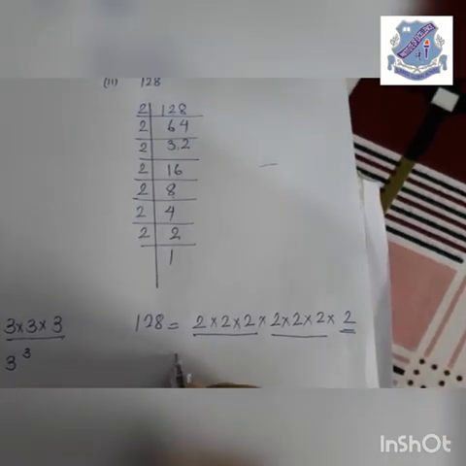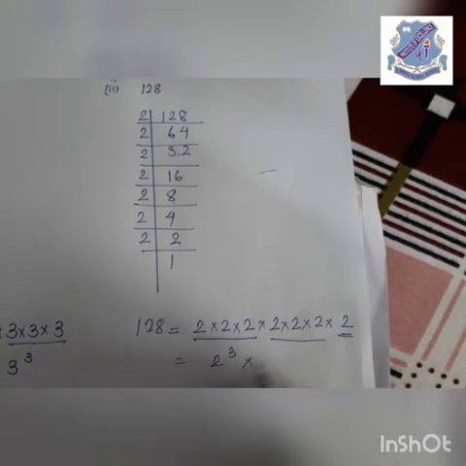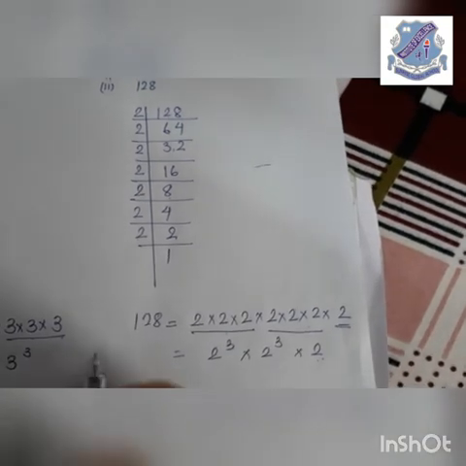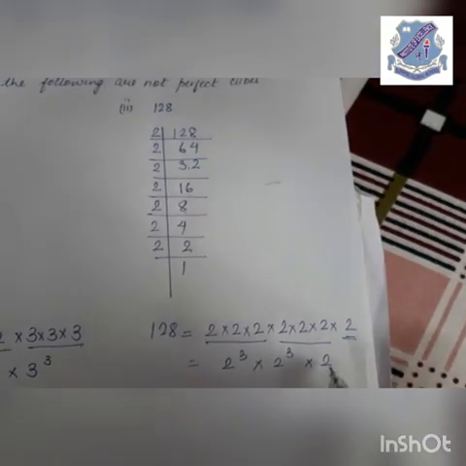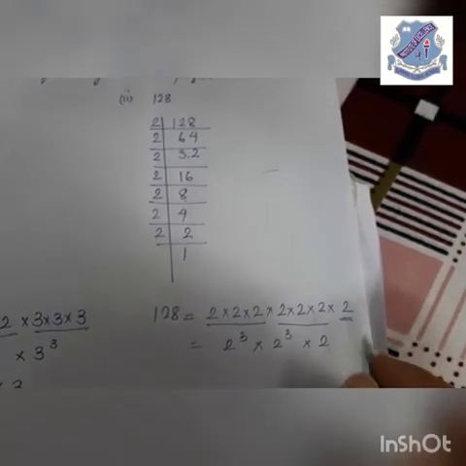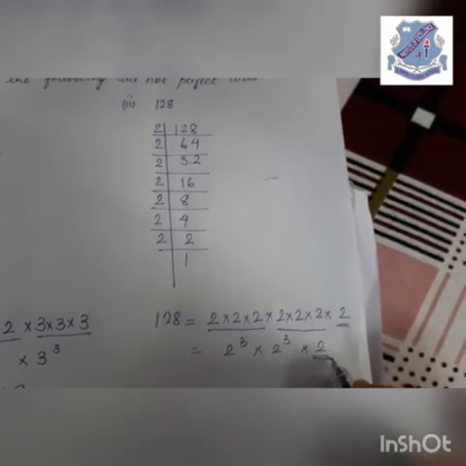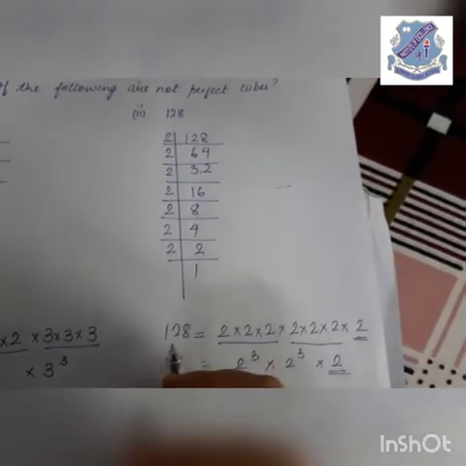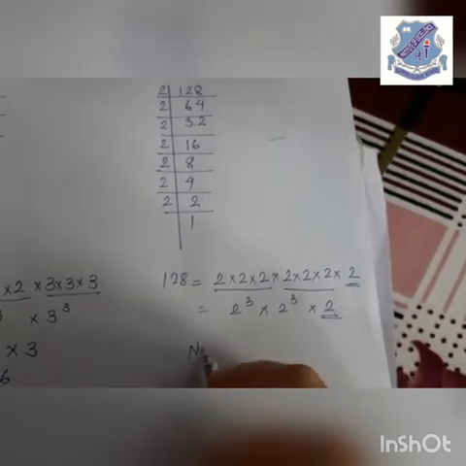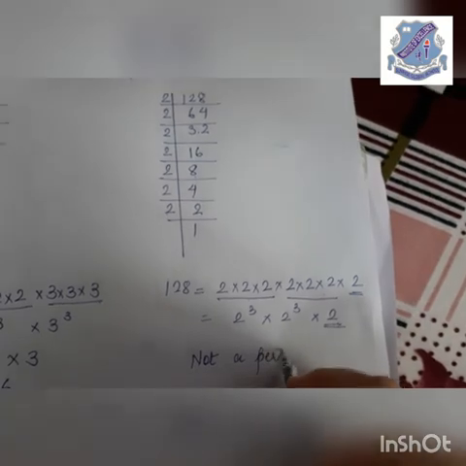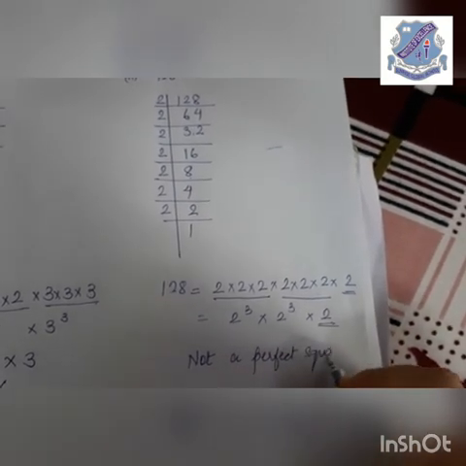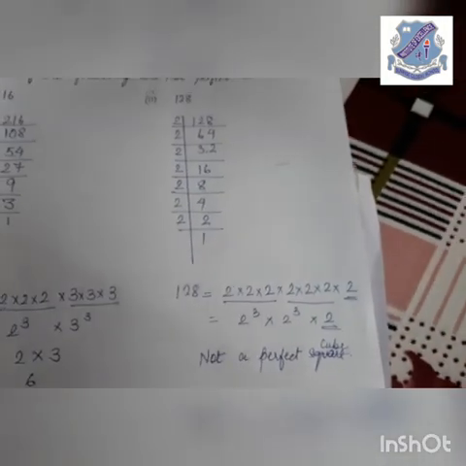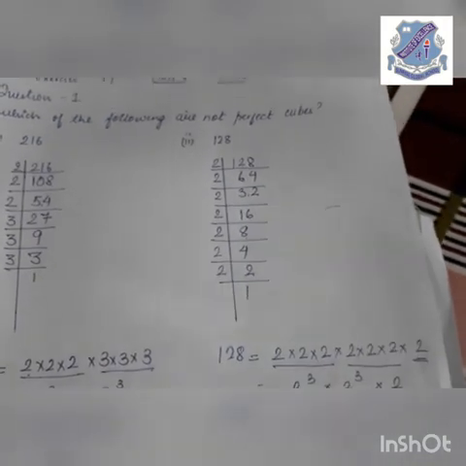That means when we solve this, we can make a cube of 2. But over here, if this number 2 remains, that means this number cannot be a perfect cube, because no cube root will come out of it. Understood? So whenever any number is left over, whether it be 2 or any other number, that means this number is not a perfect cube. So we'll write here: not a perfect cube. I hope this much is clear to you.